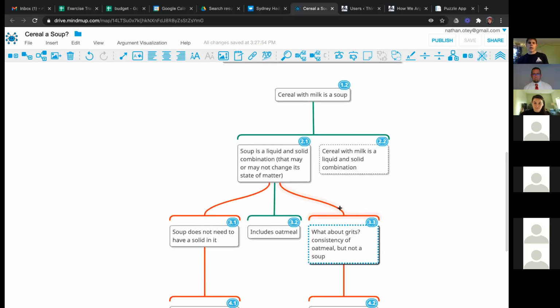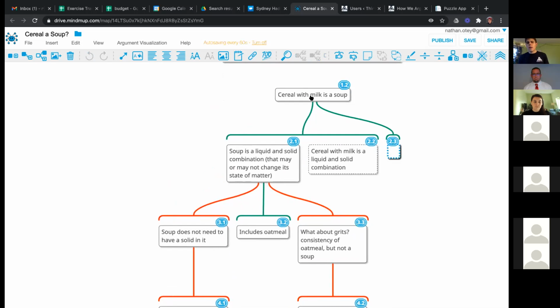I want to show you guys a couple of other tools that the argument map will allow us to do. One of them is pretty nifty, and that is to just add an independent premise. So if I wanted a whole separate reason to believe that cereal with milk is a soup, I could maybe give like a survey or something, right? And maybe it'd say like, 80% of middle schoolers think that cereal with milk is a soup or something, right?